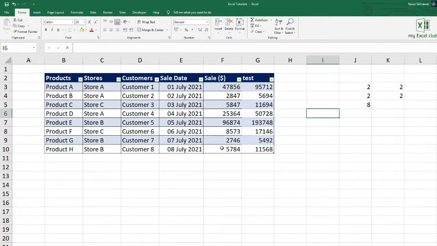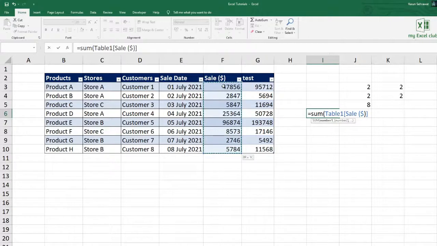We will add all the sales values, so equal to sum. Just watch out the syntax. It is taking the cell or range addresses, and as soon as I am reaching the last row of the table, the syntax is changed to Table1 and name of the header in square brackets.